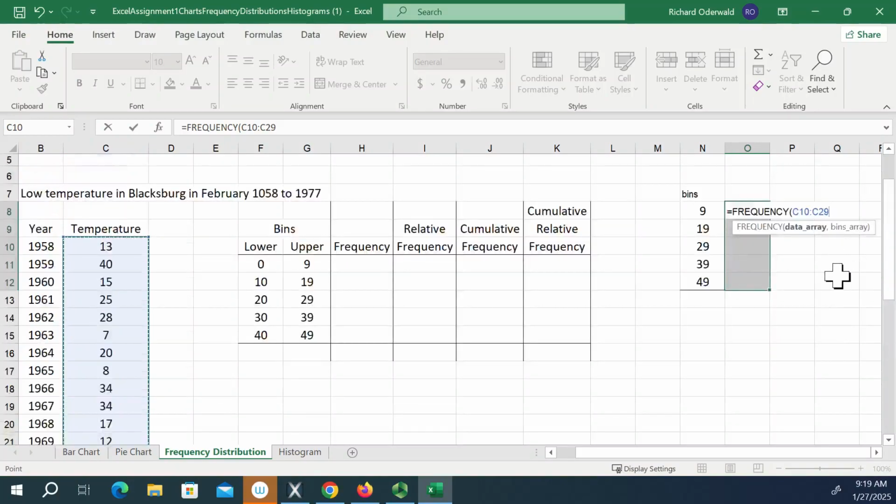Then here, in our frequency, it's got our data array. Then the next part, we need a comma, and then it wants the bins array. And these are going to be the bins. This is the 9, 19, and so forth. And you mark those. Now we've got the data marked, the bins marked, close the parenthesis,